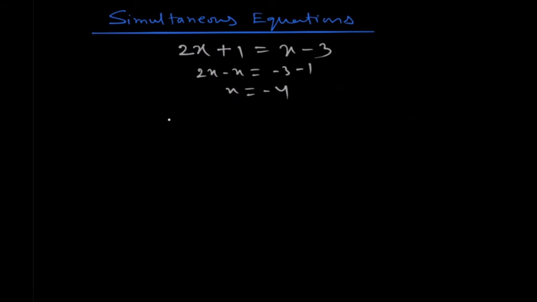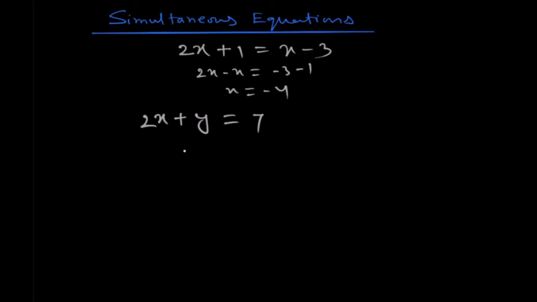But what about an equation having two variables? Suppose this is one equation: 2x plus y is equal to 7. So this is one equation of two variables, x and y, and it is also a linear equation, because you can see that the highest power of the variables is 1, x to the power 1, y to the power 1. This is a linear equation. But how to solve this? Can you solve this equation? Can you get a unique solution?